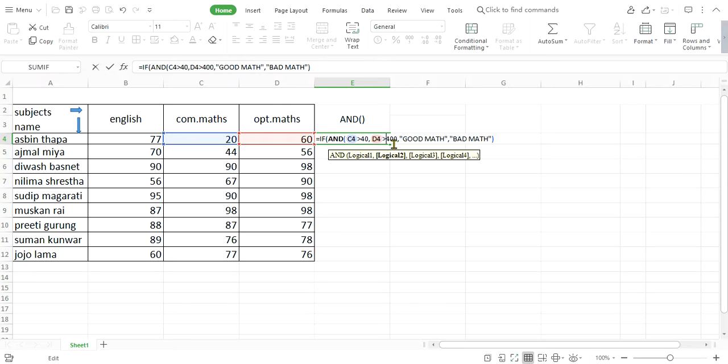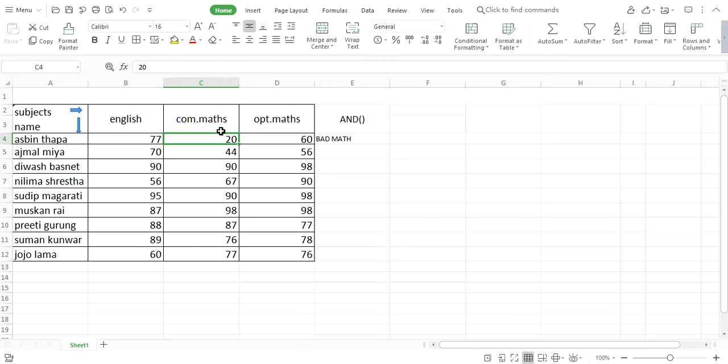Sorry, here the parenthesis is not closed, and here it is 400, this should be just 40. Let me close the parenthesis of this AND function. If these conditions are true, then we have to print the result good math, and otherwise bad math. This is our formula, and hit enter.